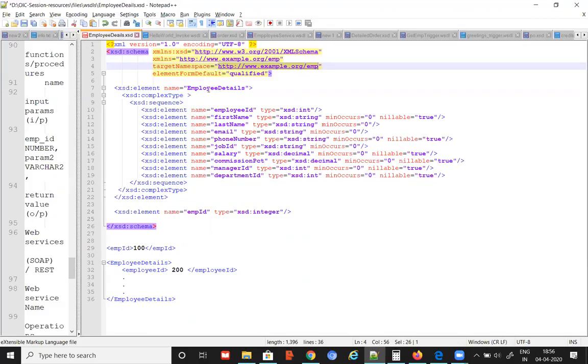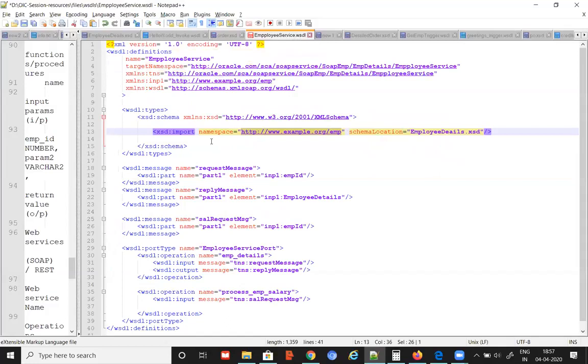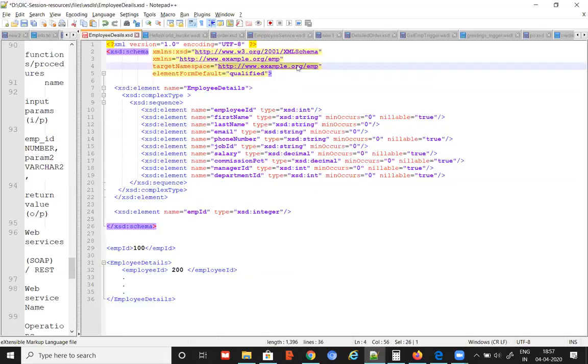I want to refer to these elements in my WSDL. How am I going to refer? In my WSDL, I am going to have an XMLNS with that value. I cannot change it. The value has to be exactly the same as whatever is in the source. That's why somebody was saying it should be the source namespace. It makes sense, but it's actually the target namespace for something else.